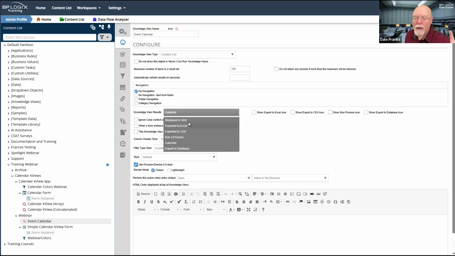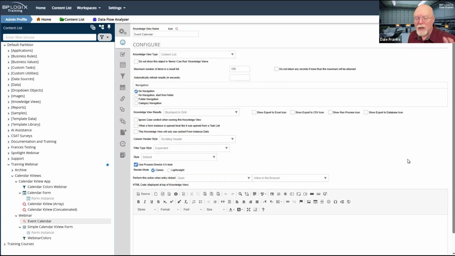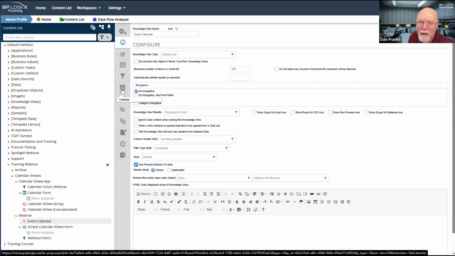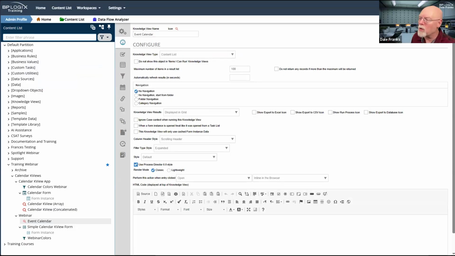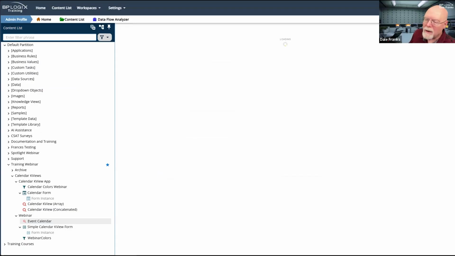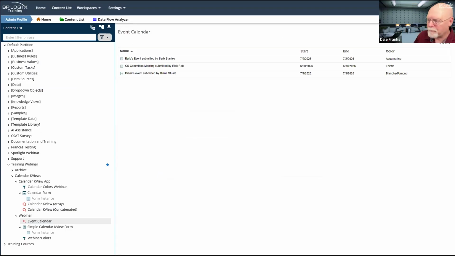So when you have this set to displayed in grid, which is of course the default, if I have the calendar tab configured, so it knows what fields to show me in my calendar tab, then having it set to display in grid will show me my calendar icon up here at the top.